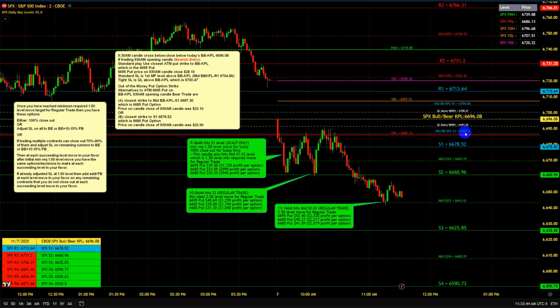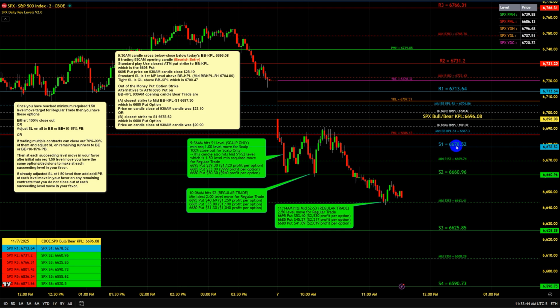The closest strike to that is the 66.85 put option. The furthest out of the money that you can consider for this particular bearish trade is the closest strike to one level away in the direction that you're trading, in this case bearish, so that would be down, S1,